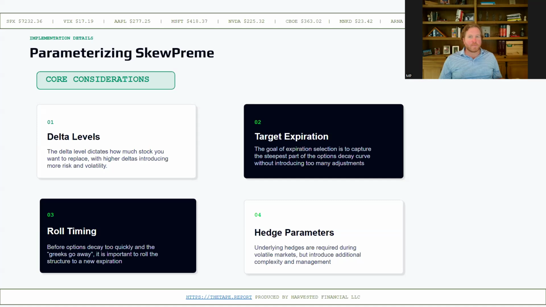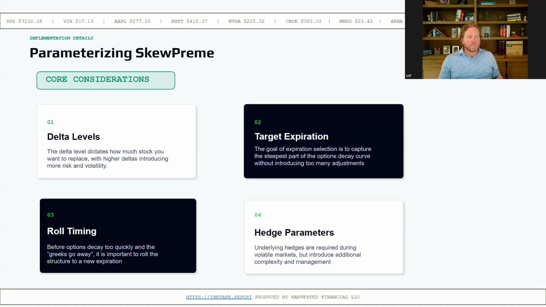And some of the premium comes from being able to manage the things that move around. So we're rebalancing the strategy weekly. We're rolling it within the expiration. And then ultimately, number three is that roll timing. When do we want to reset it back to our original target date? So we might set it out a month, adjust it every week for 3 weeks, and then move it back out another month. So we're always sort of sitting on that same part of the decay curve of the term